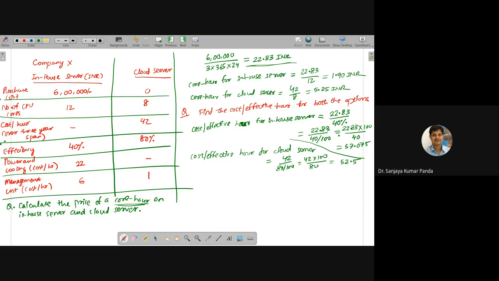Right? Second question is also done. Now let us go for the third question. Let's say the third question is calculate